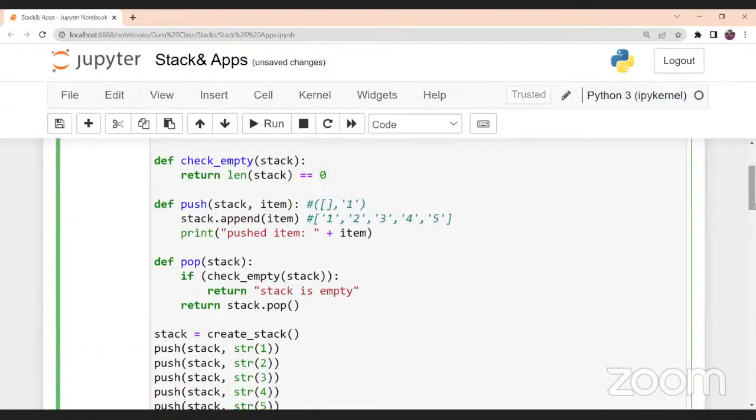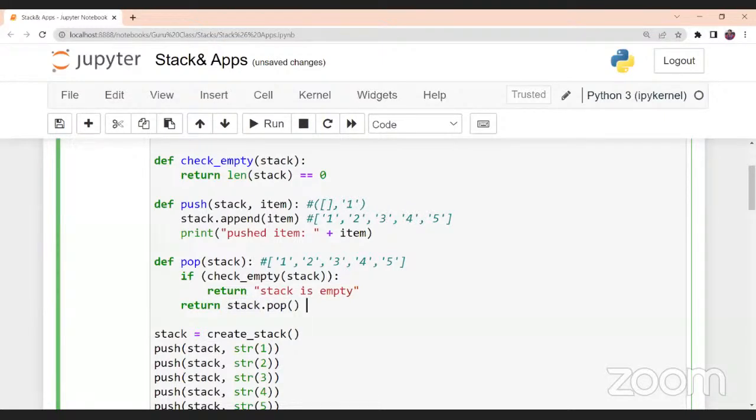Okay, let's see what pop of stack is. How is this pop of stack going to work? Of course, the stack will be in this particular format. Now, what is it? Check if it's empty. Before popping anything, you want to check whether that particular stack is empty or not, right? So this is what it is checking. No, it is not empty. So now it will pop the value.